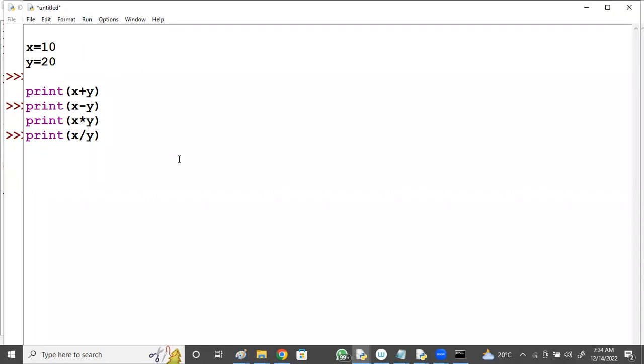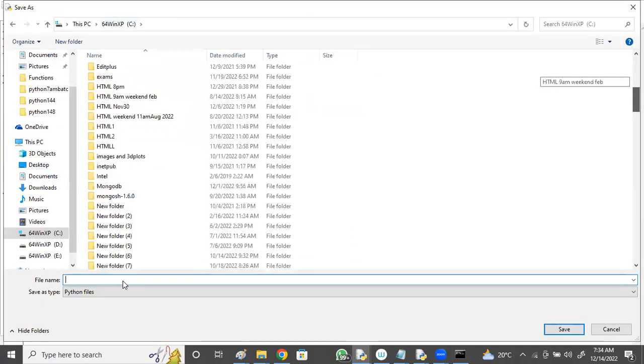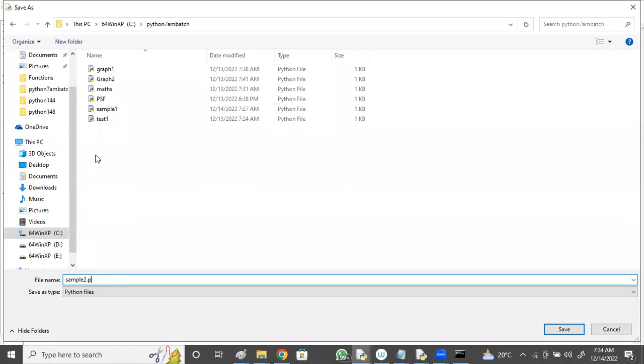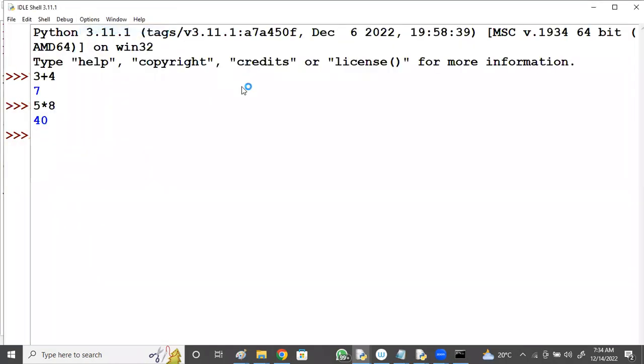You can execute the code here itself. Here itself we can say File, Save, any name dot py, and execute, writing here and executing here itself.